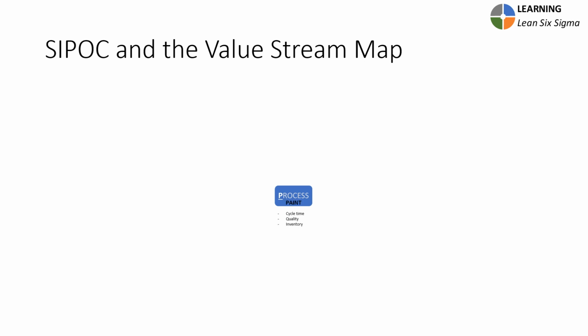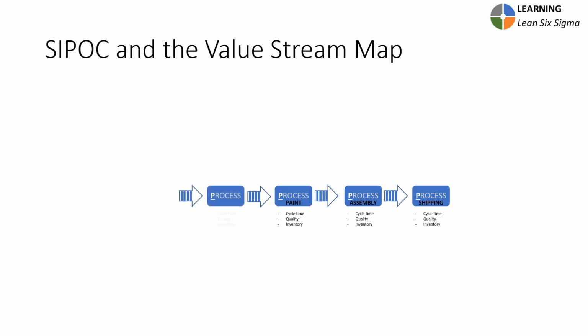So let's say I'm painting. This is a paint process that I'm starting with, and you can see I collect some basic metrics like cycle time, quality, inventory levels. Well, the paint process is feeding into another process. Let's say there's an assembly, and we have those metrics, and after I assemble it, let's say I ship it. So before I can paint it, I have to have something to paint. So let's say we're making car parts, say the doors and the sides, body panels of a car and the hood, etc. So maybe I have a stamping process that is stamping the things that I'm going to paint, and